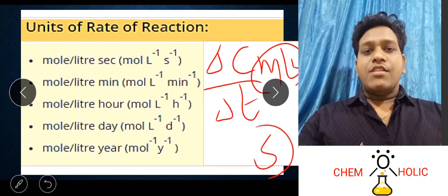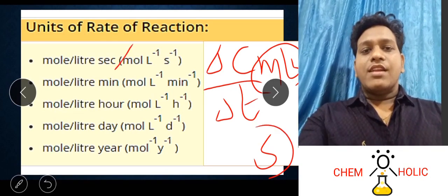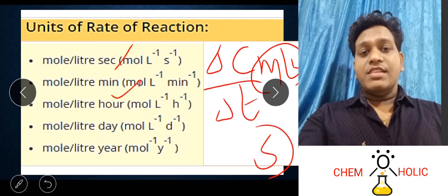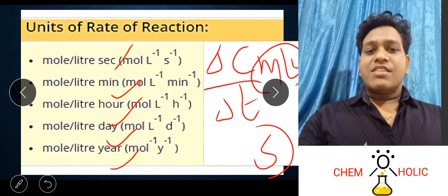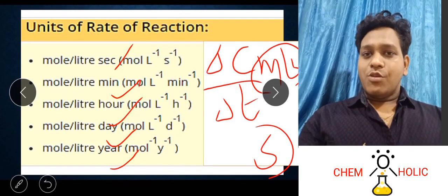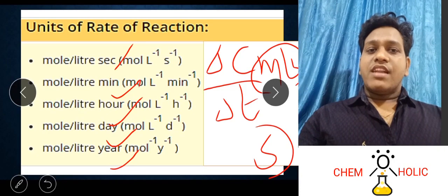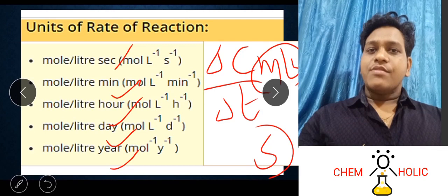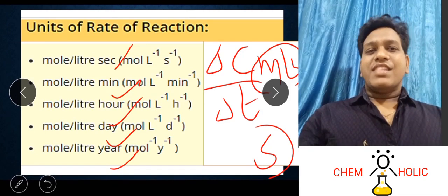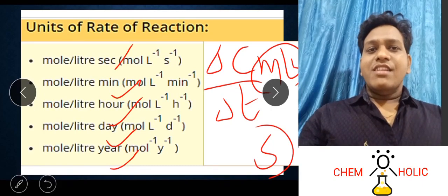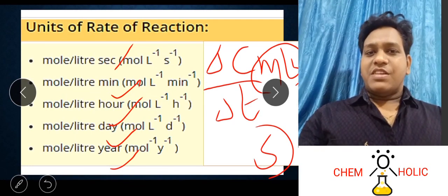You can calculate per second, or per minute, per hour, per day, or per year. It depends upon the time. If it is going per year, we can call it a very slow reaction. If it is going per day or per hour, it is a moderate reaction. If it is taking seconds or minutes, we can say it is a fast reaction. So basically the speed of reaction is nothing but dealing with the time of reaction. Here is one idea you should keep in your mind: when I talk about the rate of reaction, I am talking about the speed of reaction.